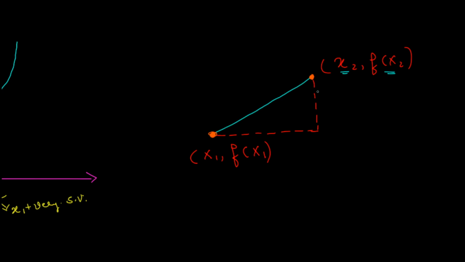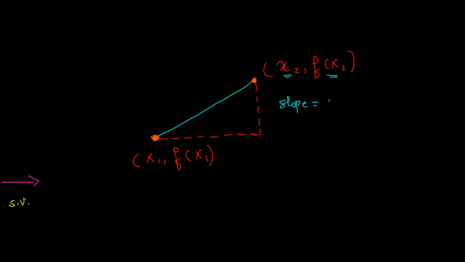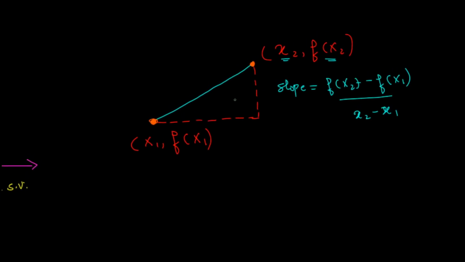And now the 2 points, in the zoomed version, look like a line, and now it really makes sense to talk about the slope of this line by using our good old y2 minus y1 divided by x2 minus x1. Except this time I'll be writing it as f of x2 minus f of x1 divided by x2 minus x1. That's like your y2 minus y1 divided by x2 minus x1. The same thing it is.